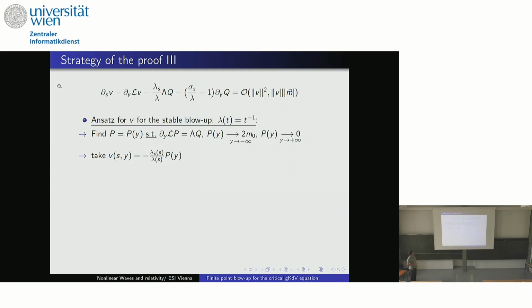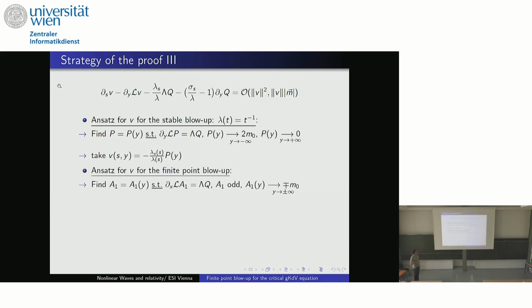And then the idea was to take an ansatz of the form with separate variable. So you would take P, and here you would take somehow a parameter, but it's at first order this guy here, so that you can cancel this guy here. So this is quite natural. And so what do we do here?